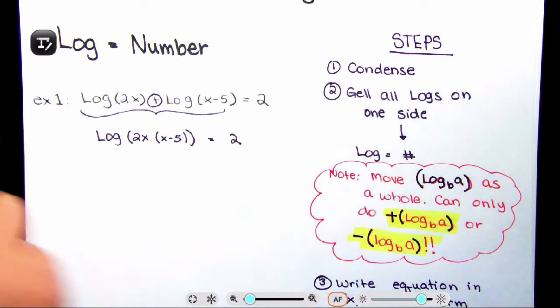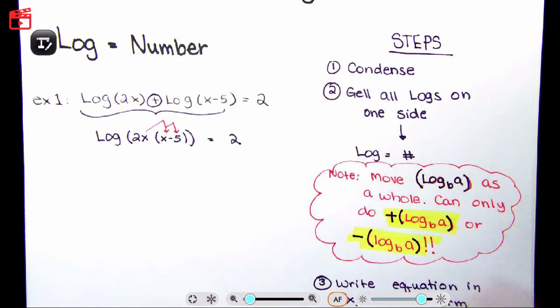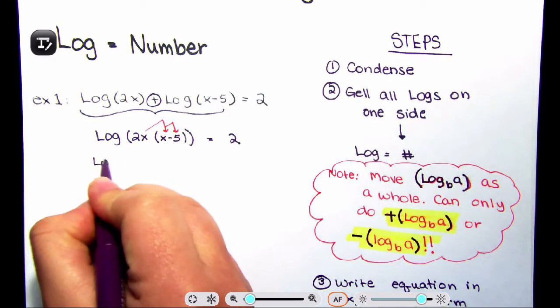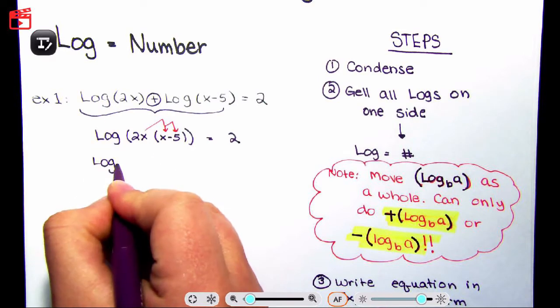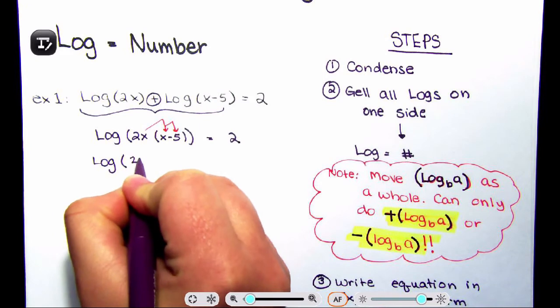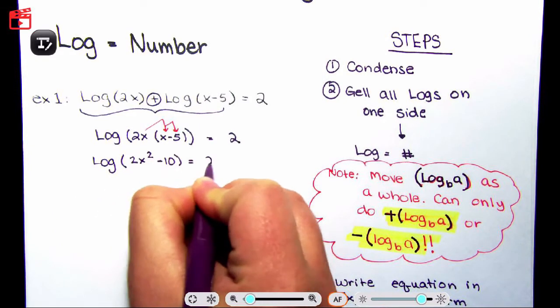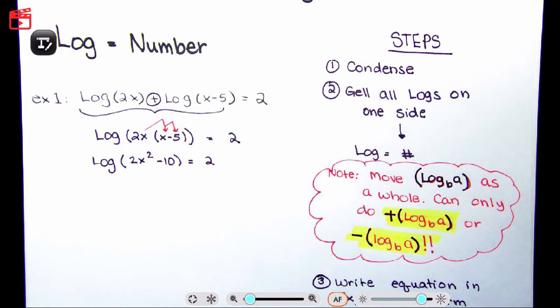Now here, if you notice, we have 2x times x and a negative 5. So I'm going to distribute that 2x to both. So I have a log. Now recall, there's no base here. In this case, it'd be a base 10 because that is a common base. So I have log of 2x squared minus 10 equals 2. So here we have